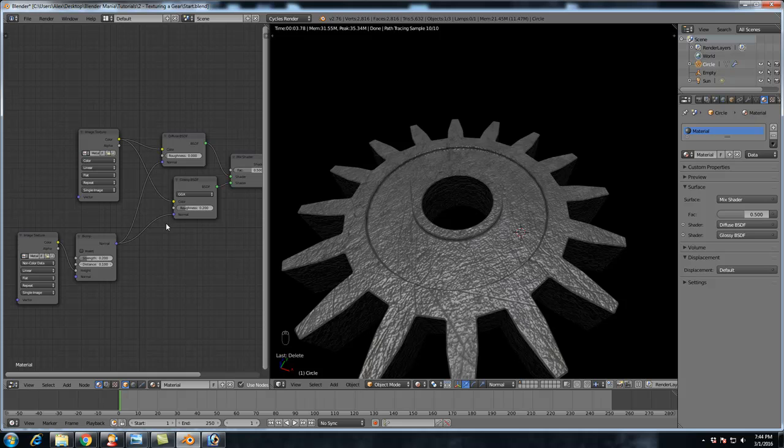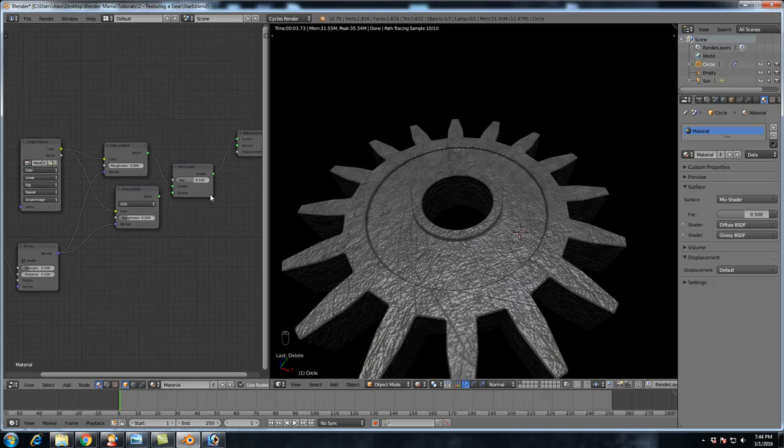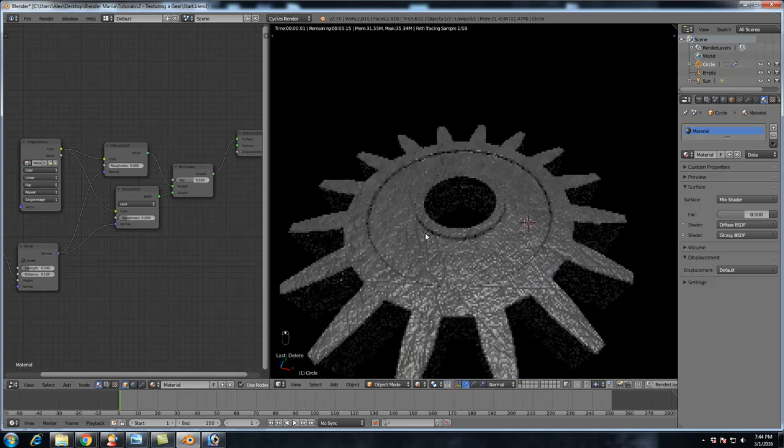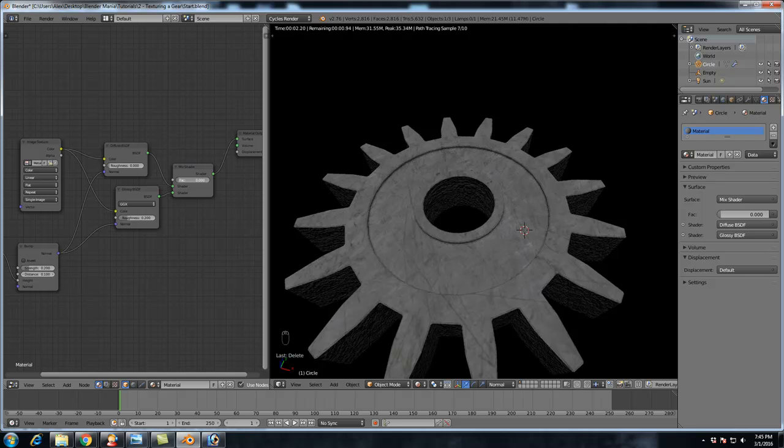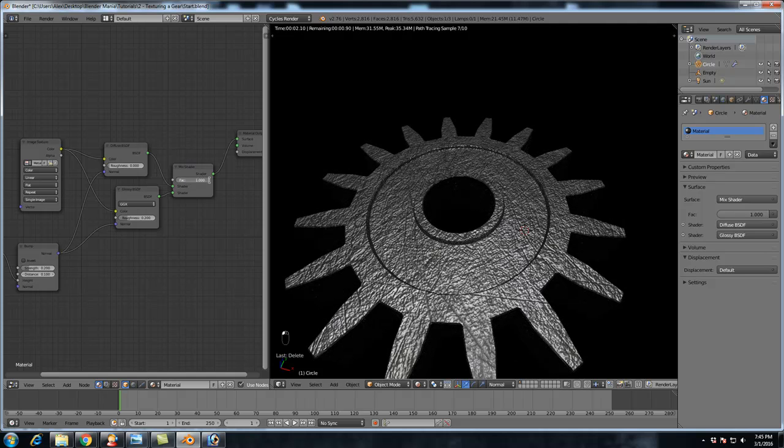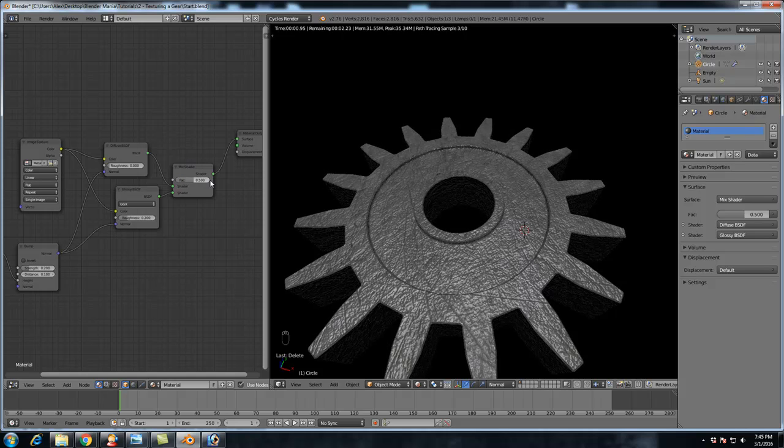So now what you want to do is make sure that it's on non-color data because it's only using the black and white values on this. And now what we want to do is add a specular map. Right now you can see that it's very glossy and shiny everywhere because the value that it's using is this one right here, meaning 50% of it is diffused and 50% glossy. If you bring this all the way down, it will be completely diffused, and all the way up, it will be completely glossy. I'm going to put this back down to 0.5,